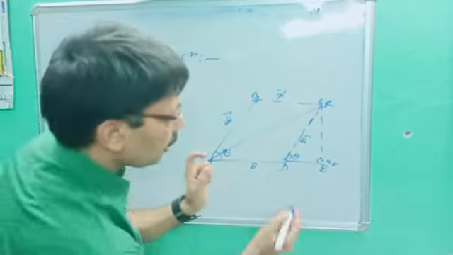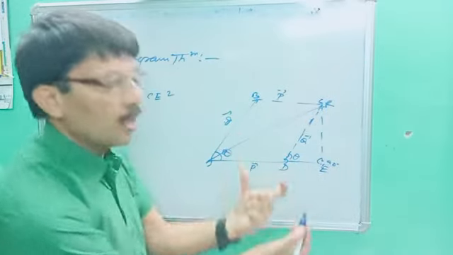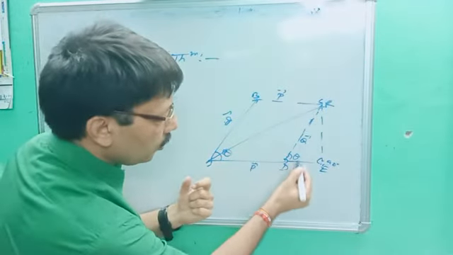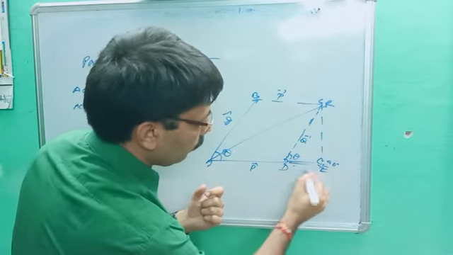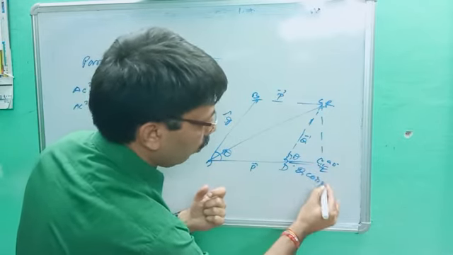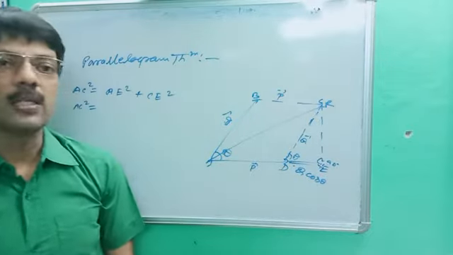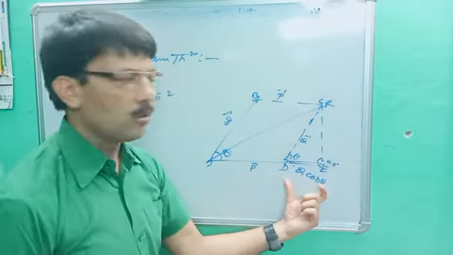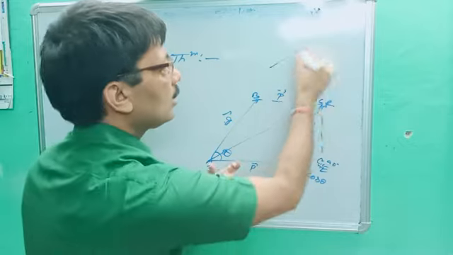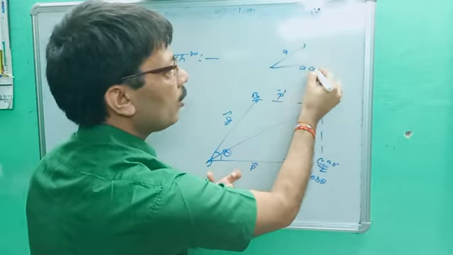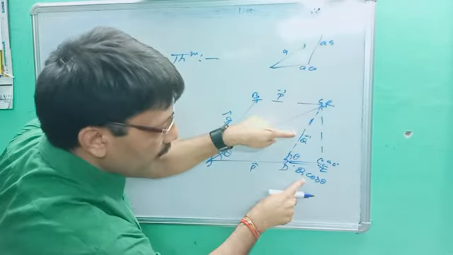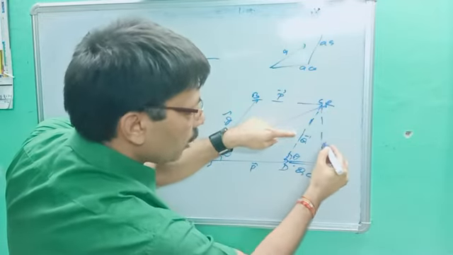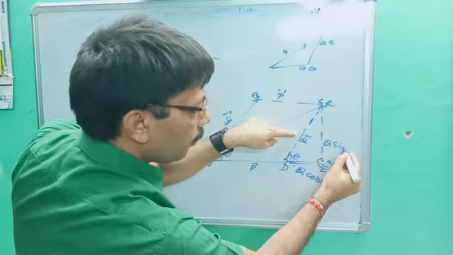Okay. One more thing is there. If this is Q, and according to resolution of vector, this is Q and this angle is theta. So that portion could be written as Q cos theta. Are you getting the point? Base, this is called Q cos theta. This is perpendicular like this. If this is A, it will be A cos theta and A sin theta. Same way I am doing here. This vector is Q, so it will be Q cos theta. This is perpendicular, so it will be Q sin theta.